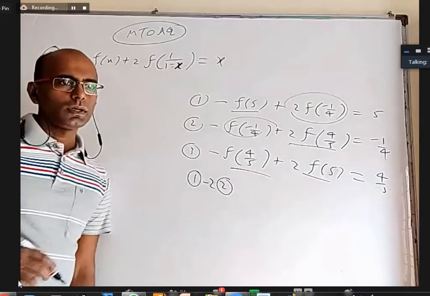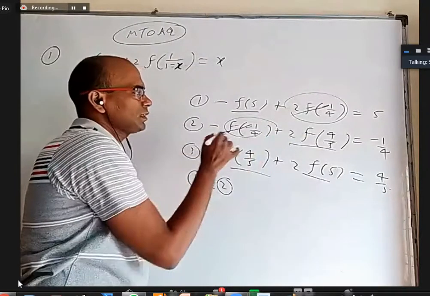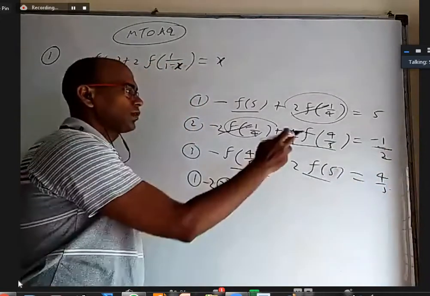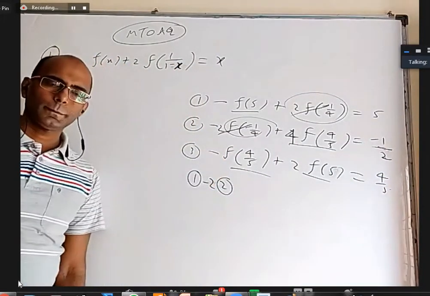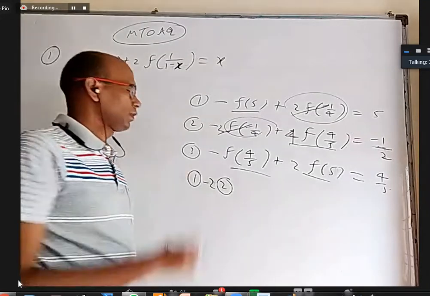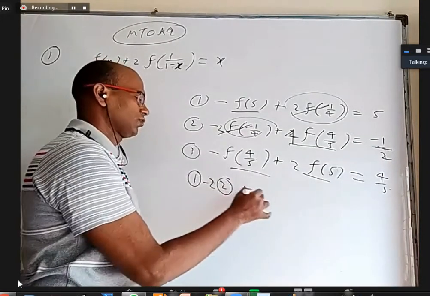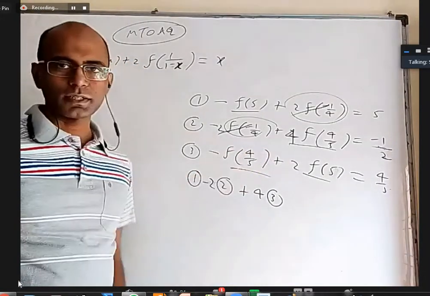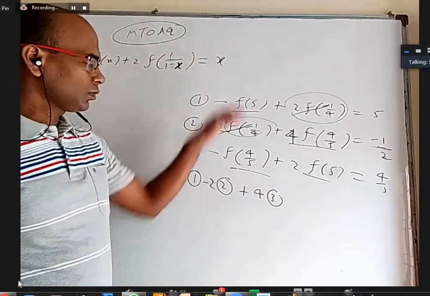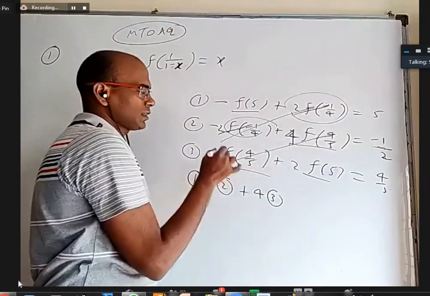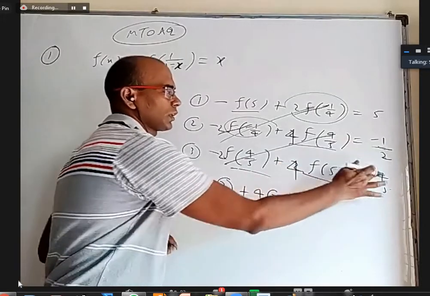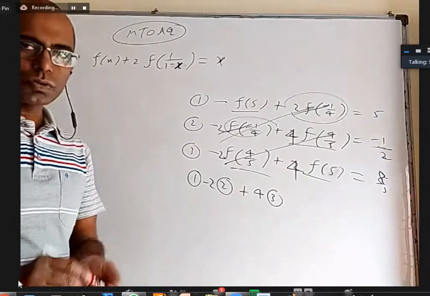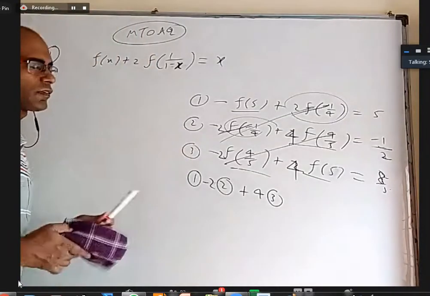Okay. Then when I do that, this will get cancelled. I'll get a 2 and cancel it. I'll get 4 here. I'll get minus of here. Now how to cancel this and this? Multiply the third equation by 4 and add 4 times the third equation. That will have to add. Because I subtracted here, I'll get a minus, then it'll get cancelled, right? Okay. So now when I do this, these two will cancel, this will cancel. Here 1, 2 will come, here 1, 4 will come, here 18 f(5) will come. I'll get some f(5) value, right? We are going to do the same thing in general, okay? Not just for 5 or something.